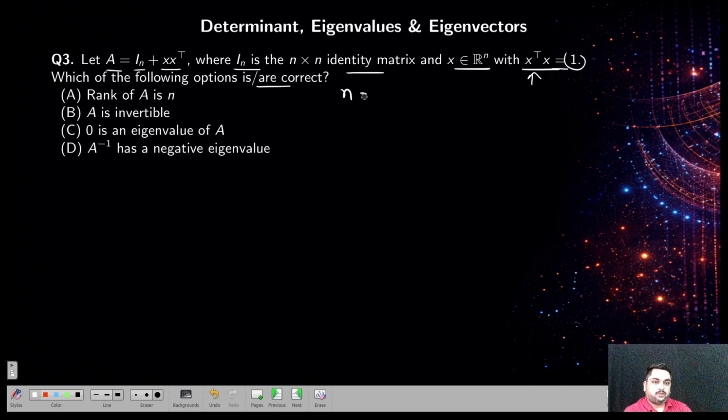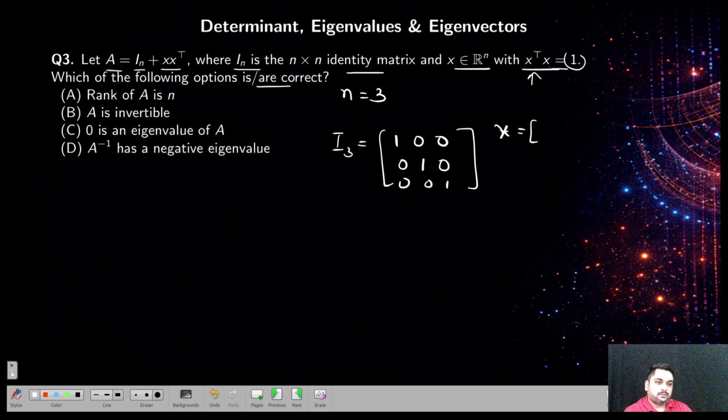So you just take n equal to 3 just to verify the options. So I3 is equal to, this is my identity matrix, 3 cross 3 identity matrix. Now you have to choose this x such that I will get x transpose into x equal to 1. So if I choose 1, 0, 0, this is the only possibility, I'll get this as 1. Then x transpose into x will be, take the transpose of this, 1, 0, 0,